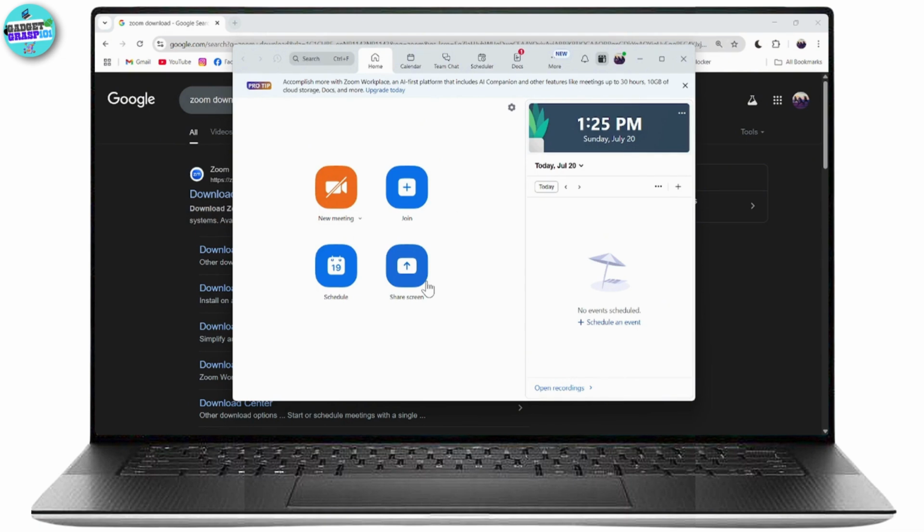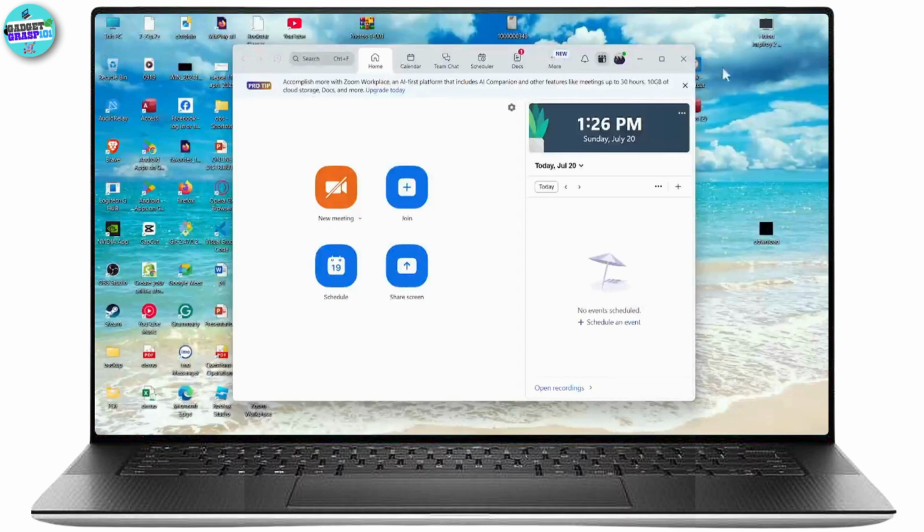Once you open your Zoom application, you need to log into your account, or if you don't have your account, you need to create one. After creating, make sure that you've signed in. Unless you've signed in, if you want to join a Zoom meeting, then you can just simply click on join,